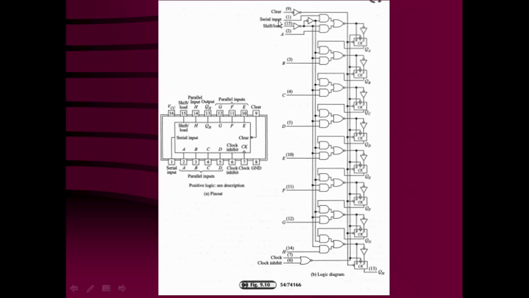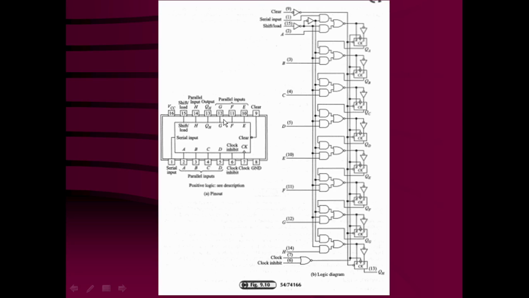So, if you want to enter the data in a serial fashion, the data bits, either from LSB towards the MSB or from MSB towards the LSB, one bit at a time, has to be present prior to the clock making a transition. That way the data will be shifted into the first flip-flop, and the output of this first flip-flop will be shifted into the next flip-flop QB and down the line up to the last flip-flop, and that way the data is entered serially into the shift register. So pin number 1 is utilized, which is designated as the serial input.